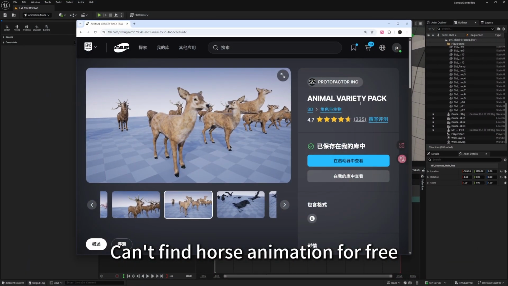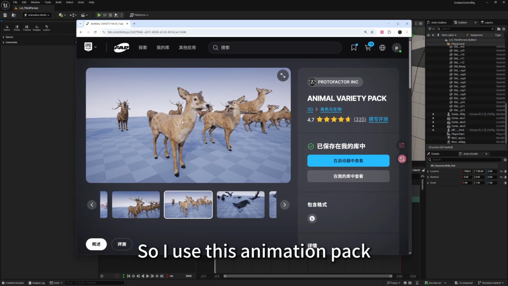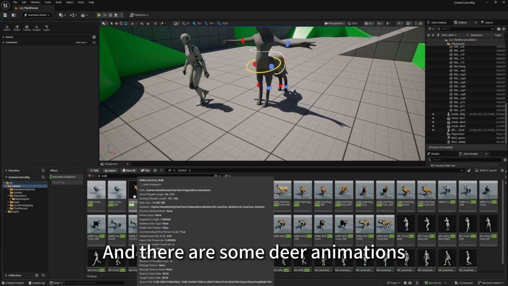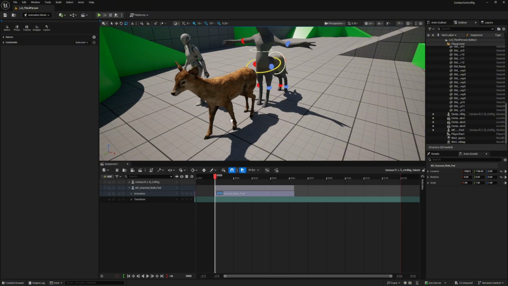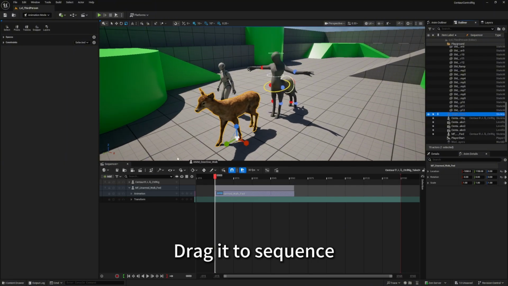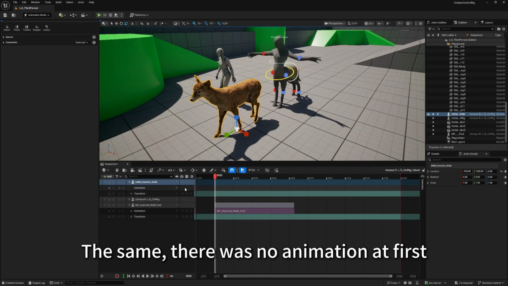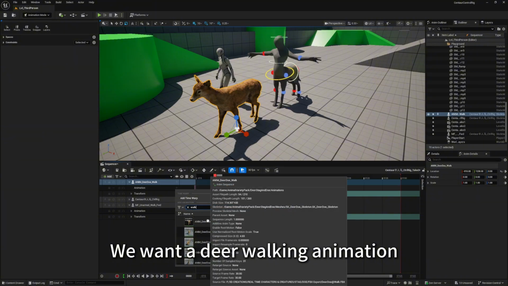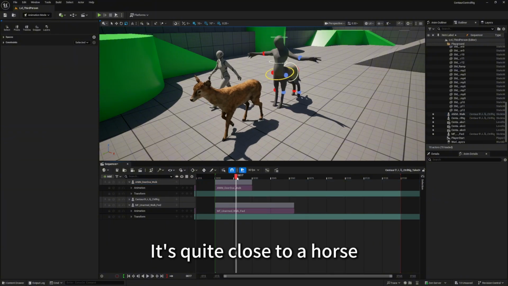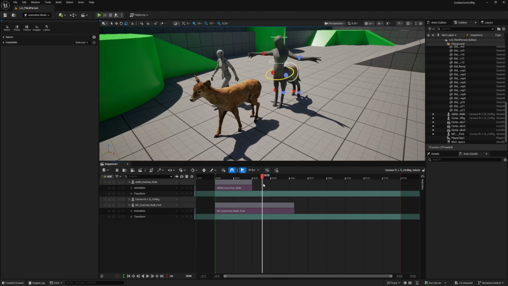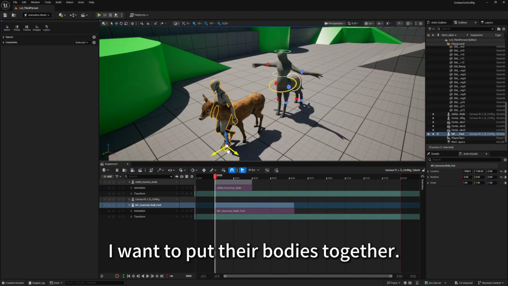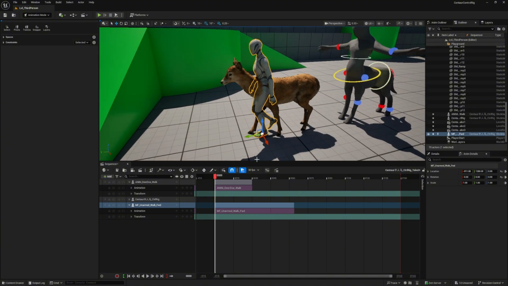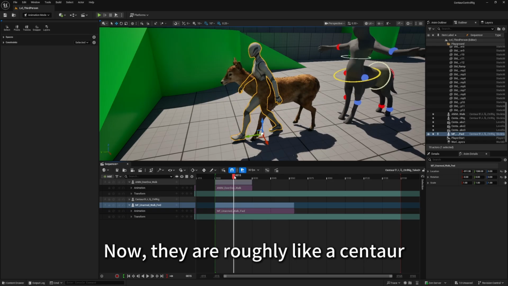Can't find a horse animation for free, so I use this animation pack. It's always free, and there are some deer animations. Drag it to the sequence. The same, there was no animation at first. We want a deer walking animation. It is quite close to a horse. I want to put their bodies together. Now, they are roughly like a centaur,